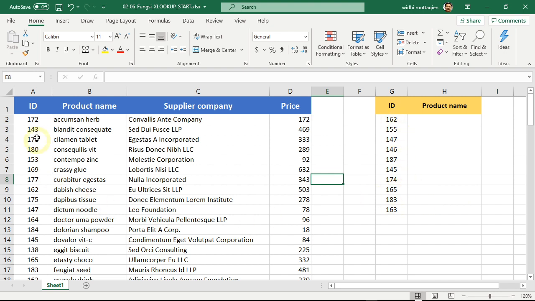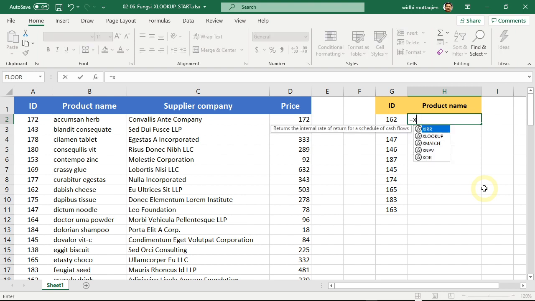If you have a main product table with thousands of rows of data, surely you don't want to do this manually. If you need to do this in Excel, then you can use the XLOOKUP function. To use this function, click on the cell where you want the product's name to appear. Then type in the equal symbol. Next, type in XL. We can see that Excel displays the auto-suggestion list and already has the XLOOKUP function in that list. Since there is only one item on this list, we don't need to press the arrow keys. Just press Tab.